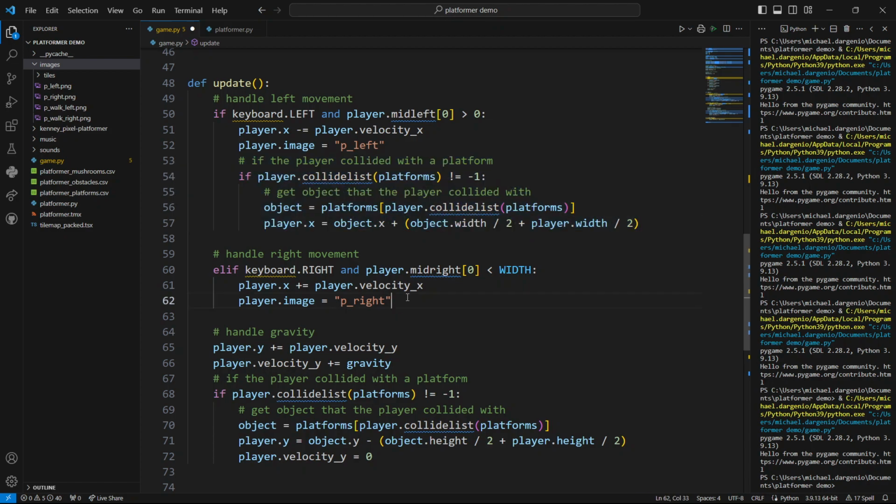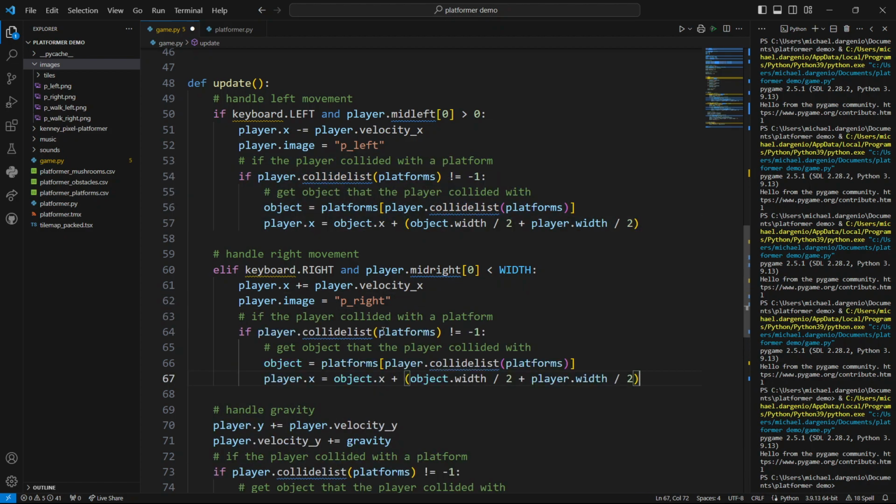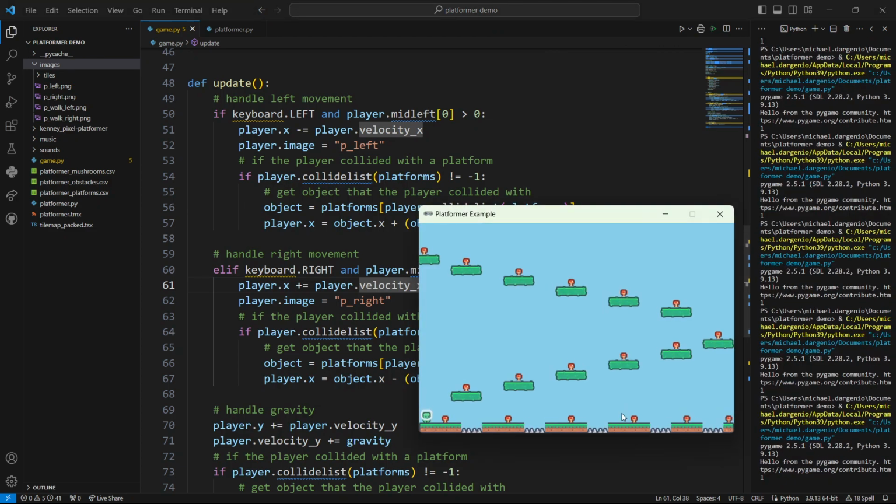And now for moving to the right, we're going to do a very similar thing, but we just need to change this to be minus. That's the only difference here. So when we're moving towards the right, if we hit something, we want to subtract the width of the object and the width of the player to set it back off to the left of it. So now if I run this,